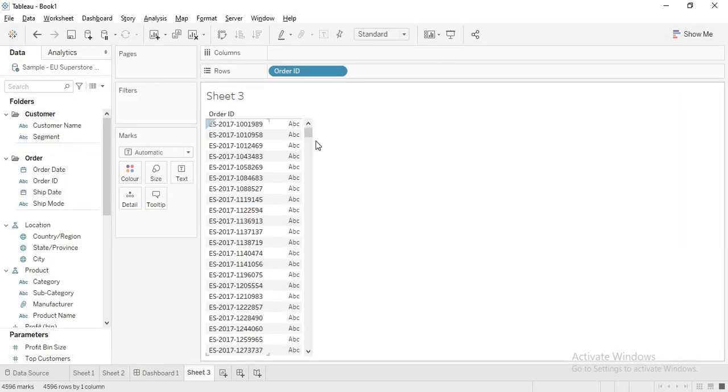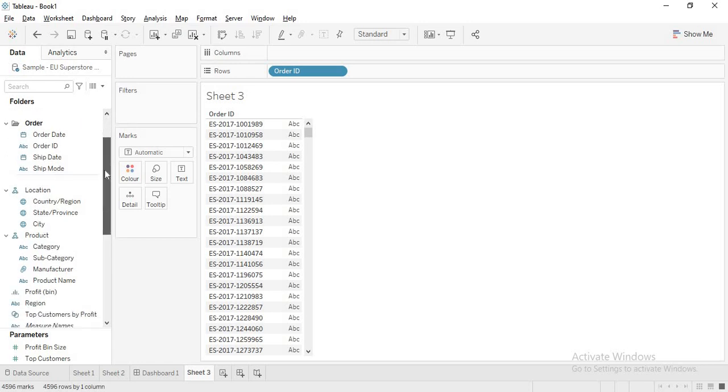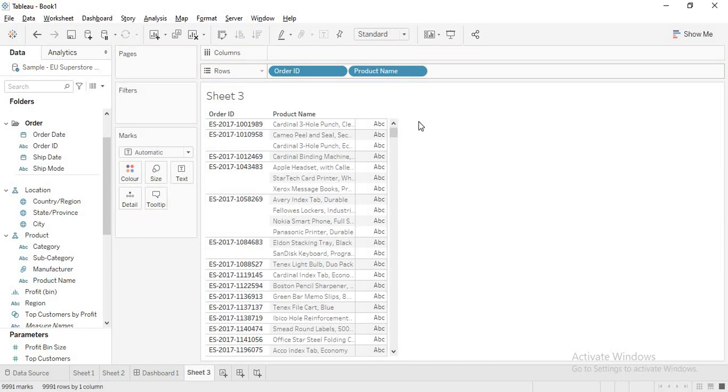Now, going into the scenario, it is something like this. Let me start in here. You have your order IDs, and in every order ID you have certain products that you have purchased, right? Now the scenario is that take any two products, like Fellowes and a Nokia smartphone.